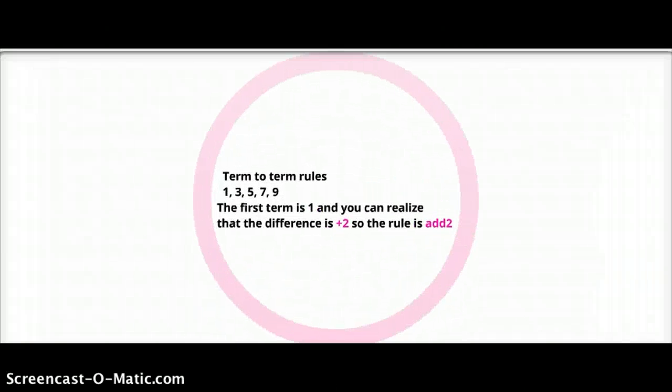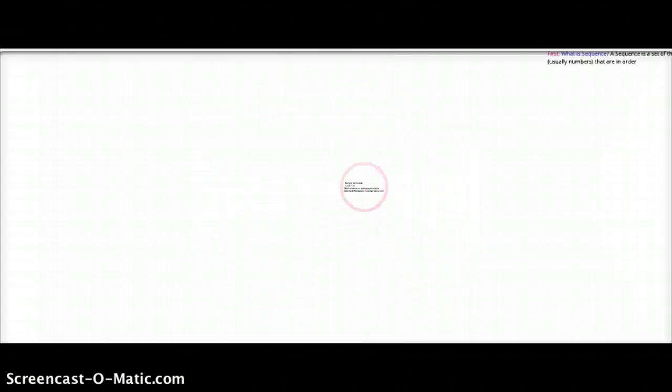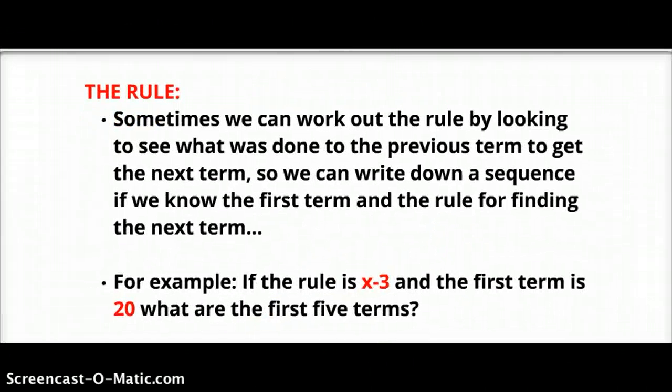And here is an easy example of a sequence: 1, 3, 5, 7, 9. The first term is 1, and you can realize that the difference is plus 2, so the rule is add 2. Rule. Sometimes we can work it out by looking to see what was done to the previous term to get the next term,